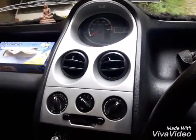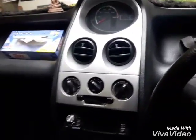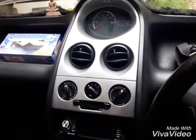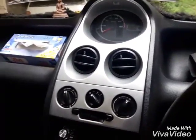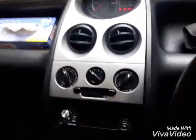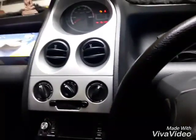Hello friends, this is my Tata Nano and I am going to show you now how we are going to clean the AC filter. Before that I will show you how my AC filter is not working properly,